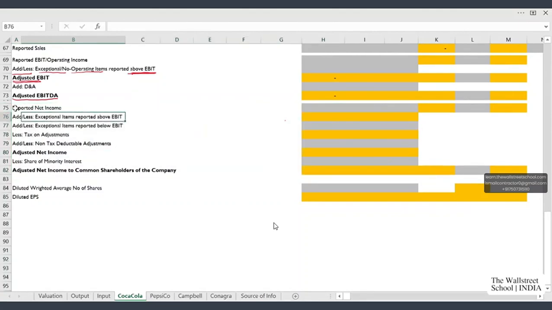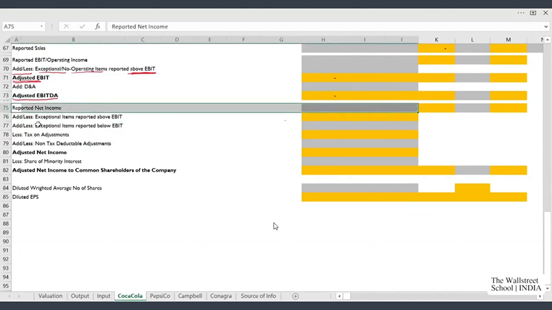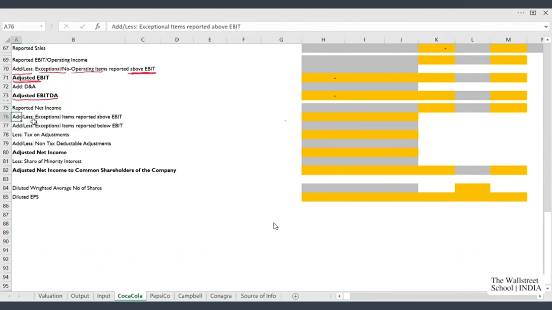To calculate clean net income, we'll start with the reported net income, what the company has reported in the income statement. Then we will make all the adjustments of exceptional items which are impacting this reported net income. As you can see in the next rows, row number 76 and row number 77, we have exceptional items above EBIT and below EBIT.